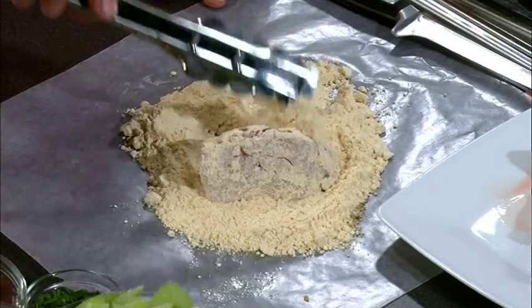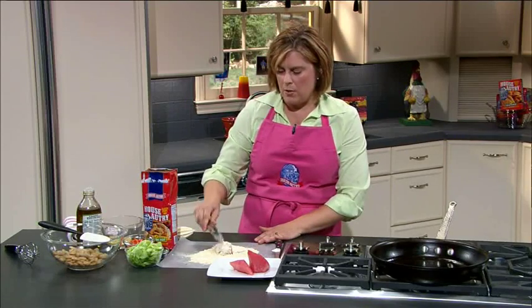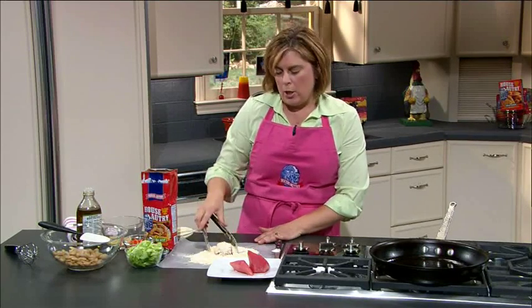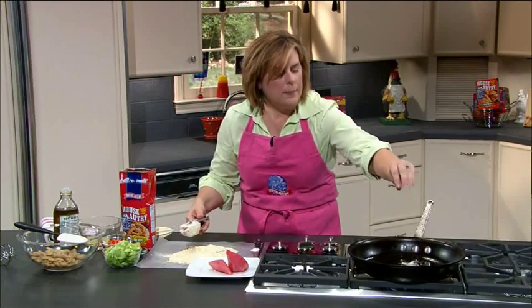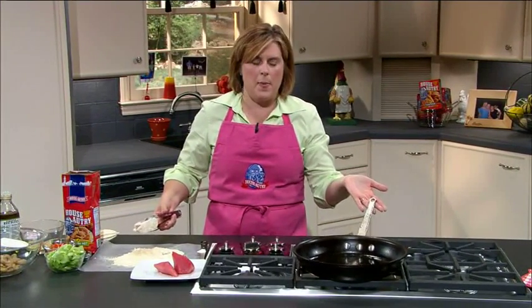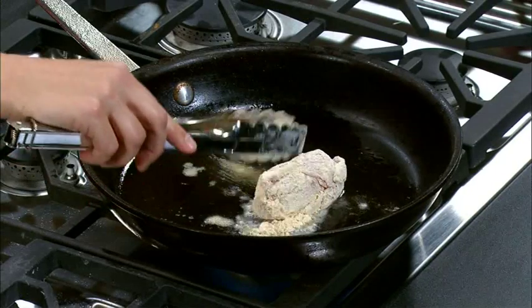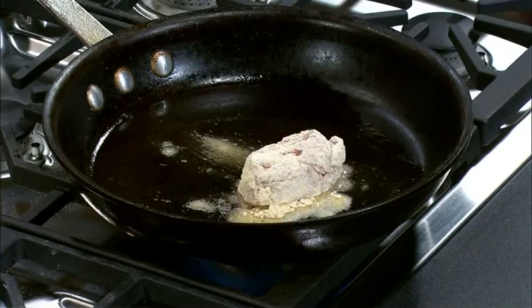just till it's coated. And this is a great way to use all these great spices and not have to really think about the proportion of the spices that you need, which for me is great because it's a no-brainer. So then we're going to shake it off and make sure our oil is nice and warm. And you can sear this on the grill, or you can sear it in a nice cast iron or a nice heavy pan. And we're just going to place that right there in the middle of our pan and sear